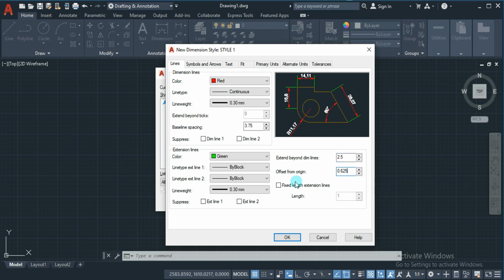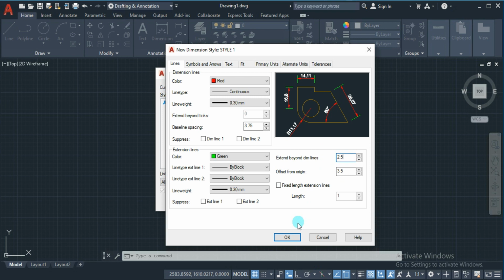Okay. And next, offset from the origin. For dimension, origin is nothing but the point on the object, right? So from there, whatever the gap you want to provide for the extension lines can be given here. Now you can see the distance change here. If I'm going to keep 3.5, clearly on the screen we can see the gap between the object and the dimension line like this. Okay, so these values totally depend upon the object dimensions. Depending upon the object we have drawn, we have to give the minimum values here.